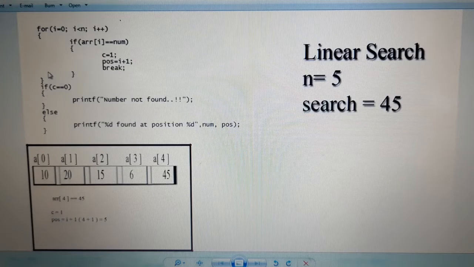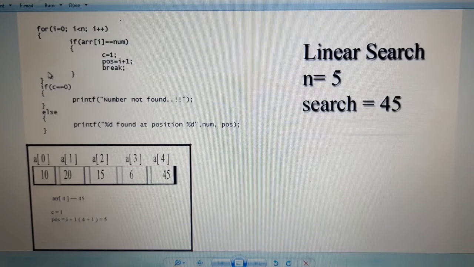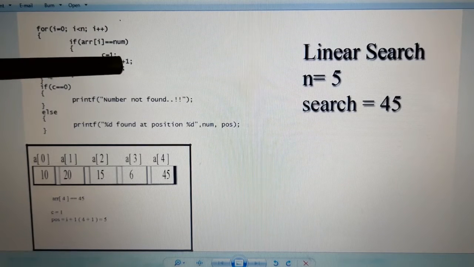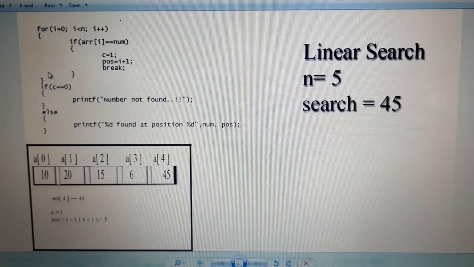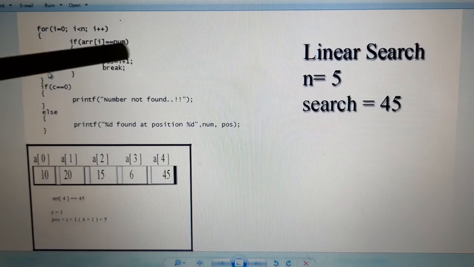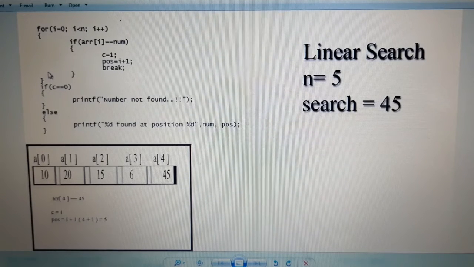So the position and also the flag will get updated, that is, c is equal to 1 and position is equal to 4 plus 1. Usually the position will start from 1, 2, 3, 4, and so on. The position does not start from the 0th location. That's why we have given the statement POS is equal to I plus 1. Array locations start from 0 up to the maximum limit, but generally we say that I have got the first position, right? So the position will generally start from the first, 1, 2, 3, 4. So that's why we have updated the statement like this: POS is equal to I plus 1. So if I find the search element, these statements will work. Okay, this is the code behind the linear search.